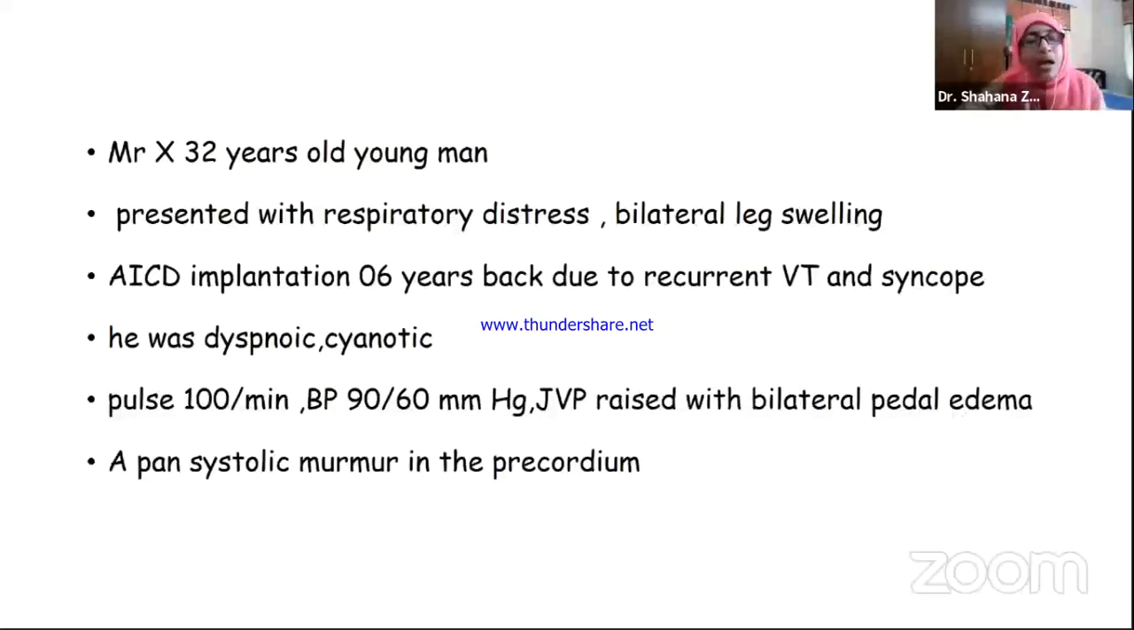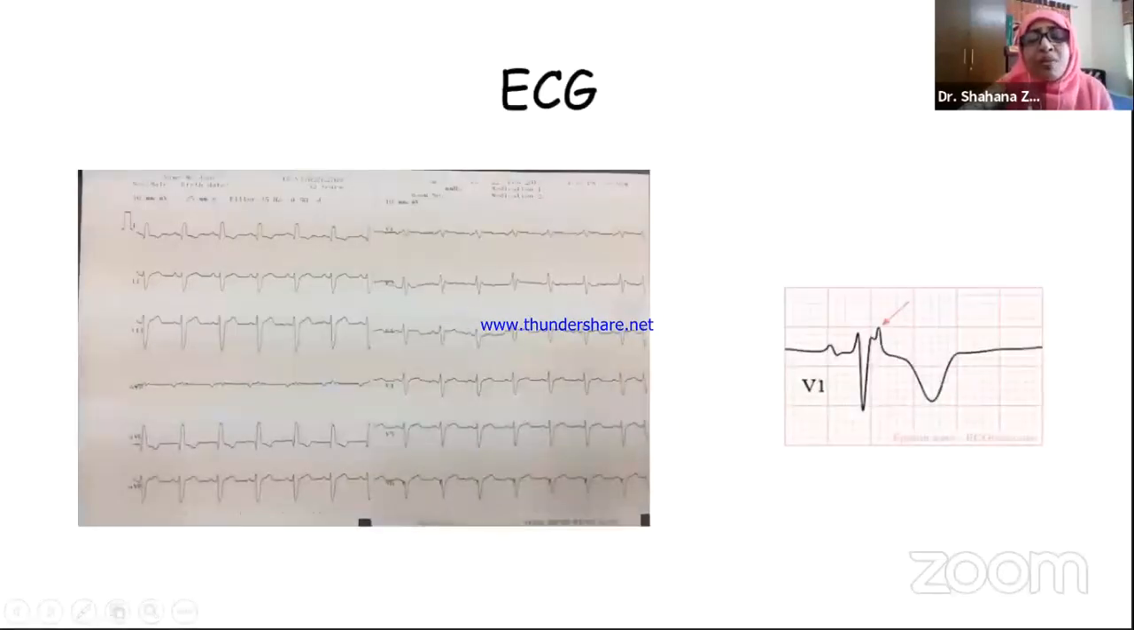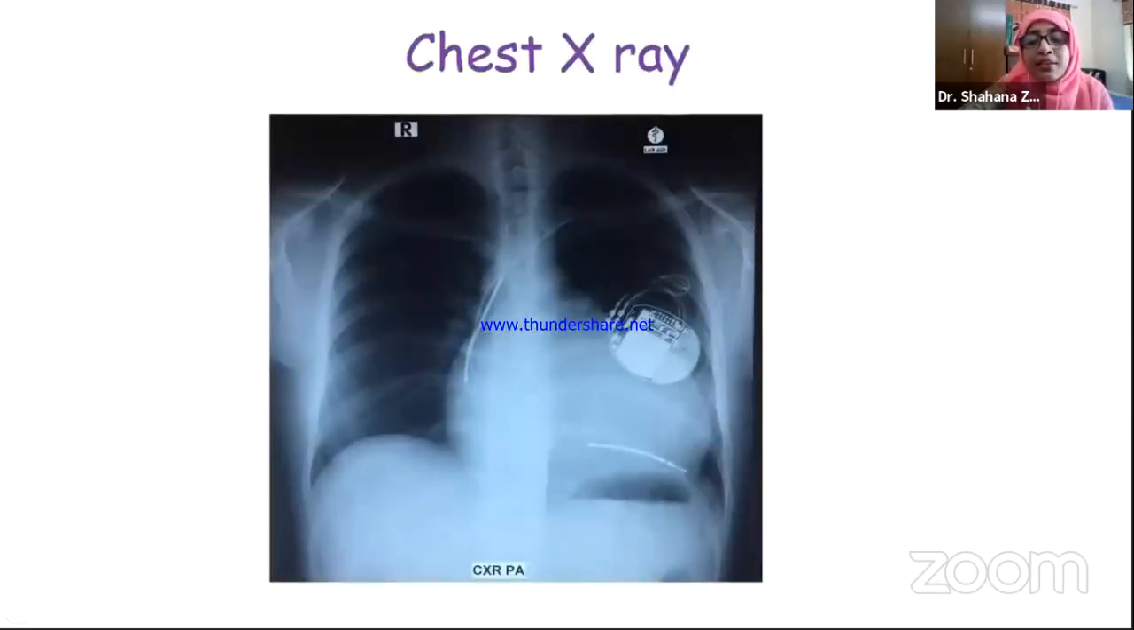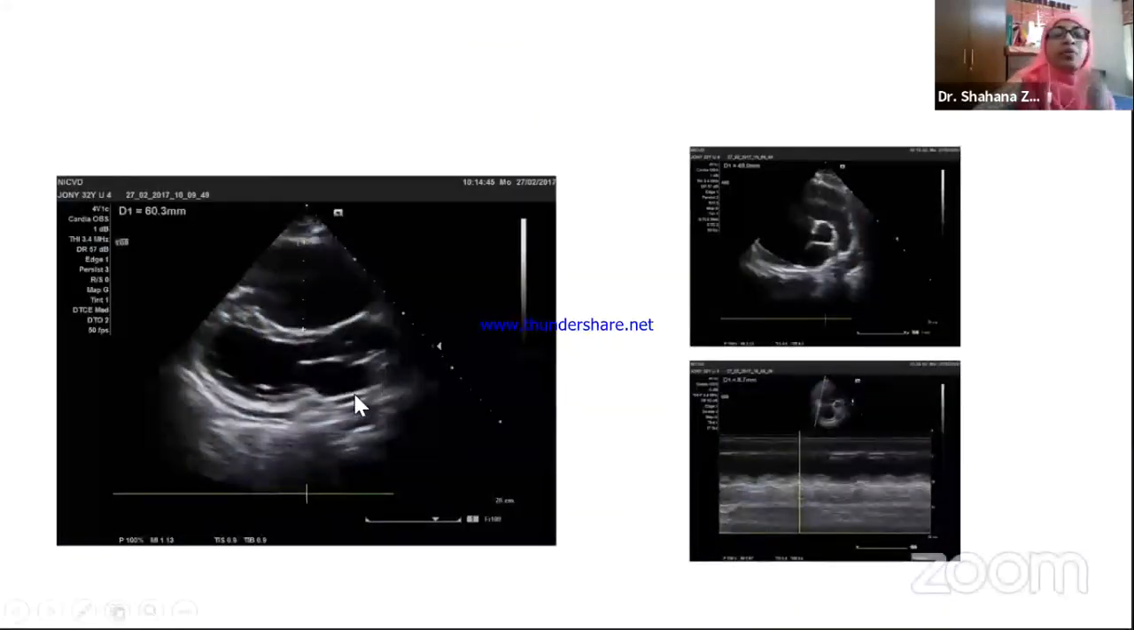Now, I'm going to tell the story of an unfortunate young man who is 32 years old and came to us with the features of congestive heart failure. He had a history of AICD implantation 6 years back. This was his ECG, epsilon wave was appreciated. This was his X-ray. When we did echo, we found